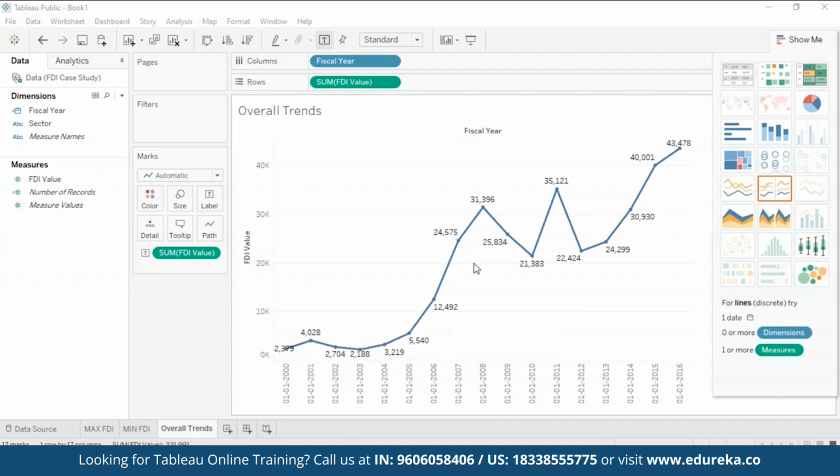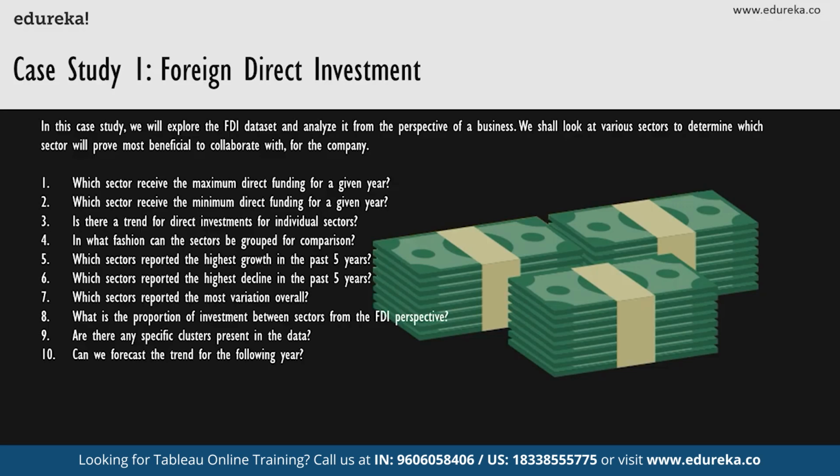You can see all the trends changing overall, the highs, the lows, the little bit of recovery after the 2008 debacle here in 2011. With that, we have our overall trends. Moving on. So now if I go back and see what next, I see that we have to find out